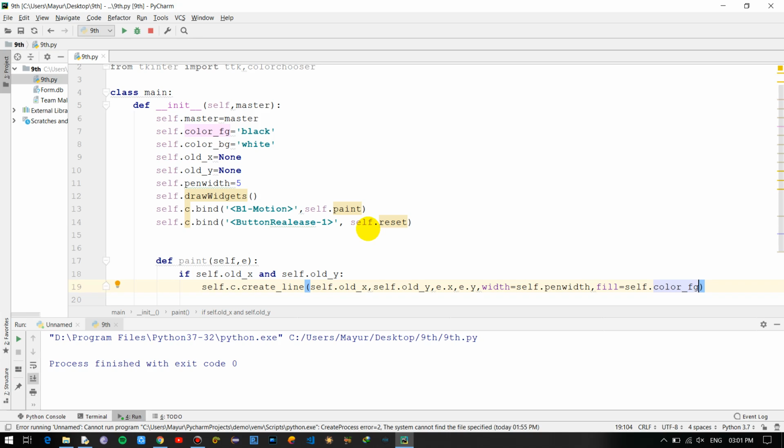So that is for that color, the foreground, and comma